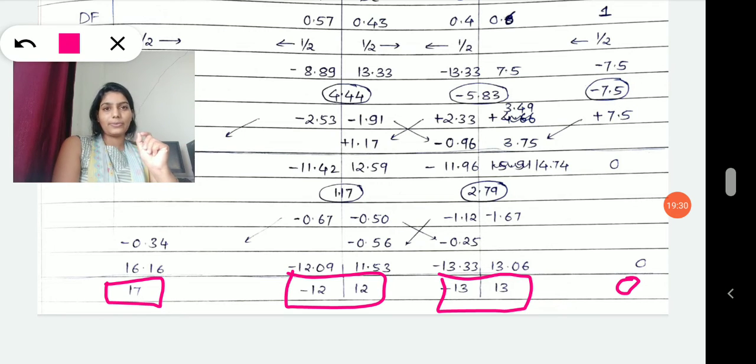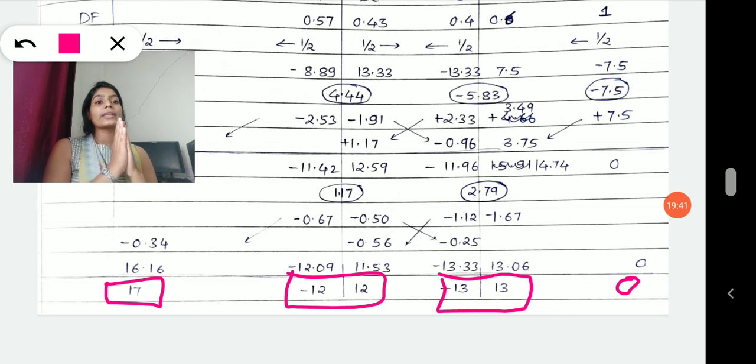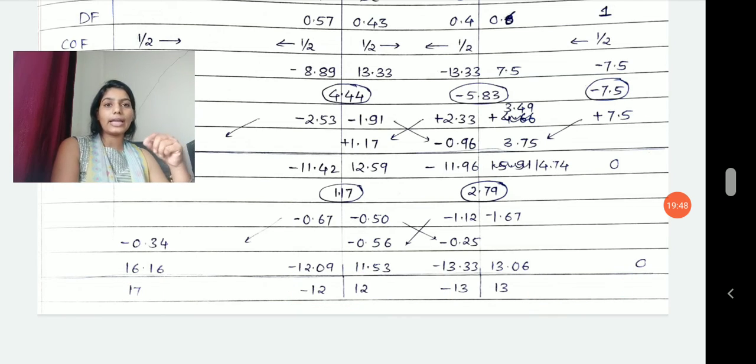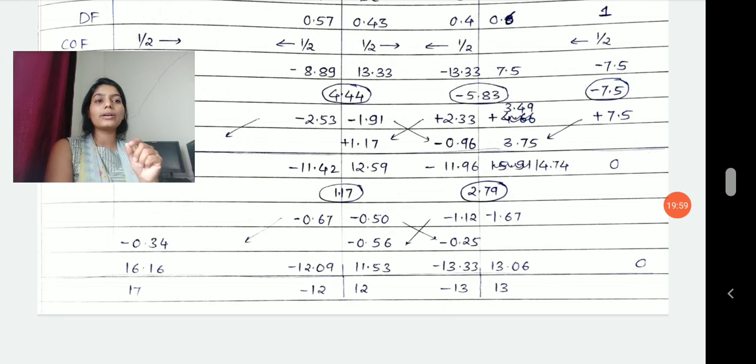So I hope you have understood the whole iteration part and all the tips I have given in the meanwhile. Please write those down in your notebook. Try to solve more and more problems of the same type, and if time permits I will take more similar problems, but for now I assure you that similar types of problems I will give you in assignments. You try those problems. If you get stuck at any step, please let me know. We will try to understand and discuss it more. Okay, thank you so much.